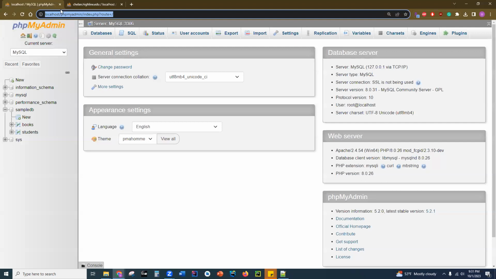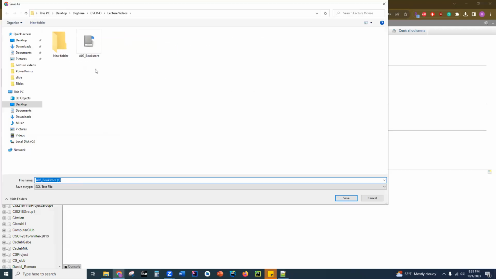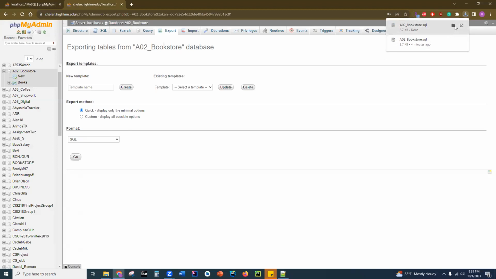Remember, we're working with two phpMyAdmins, localhost and the Chelan server. So you can export from here. I'm going to leave everything at default and just click on export. If you get any warning, just ignore all the warnings and click go. It's going to download that SQL script. I already have it downloaded once. I'm going to save this, and I'll open that in a minute and show you